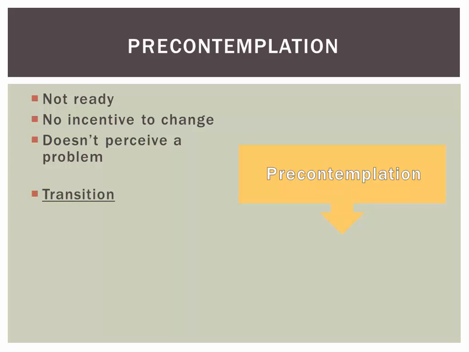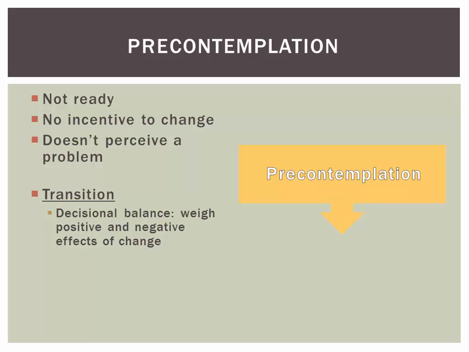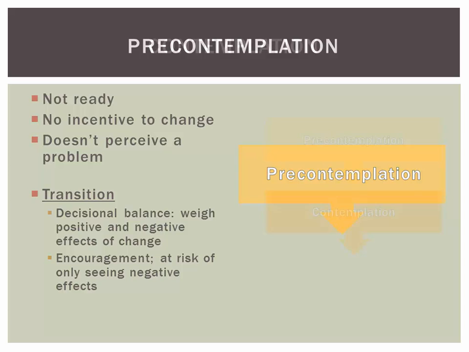Transitioning from this state involves something called decision balance, which more or less means that the individual must weigh the positive and negative effects of change and stagnation. People in this stage often need encouragement in this area since they tend to overestimate the negative effects of change and underestimate the positive effects. An alcoholic may struggle to understand how much healthier he or she will feel when they achieve sobriety. They may not understand the positive impact it might have on their relationships. They might focus on the difficulty of quitting and the painful physical withdrawal symptoms.